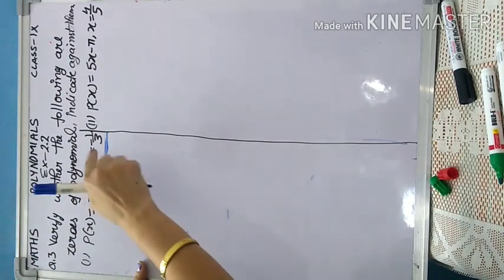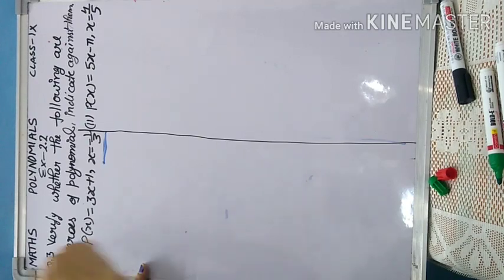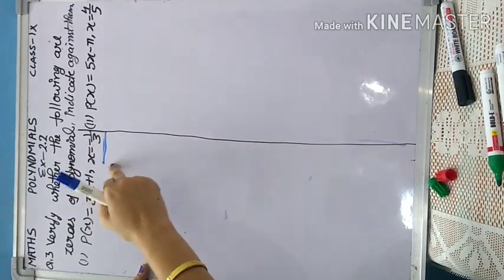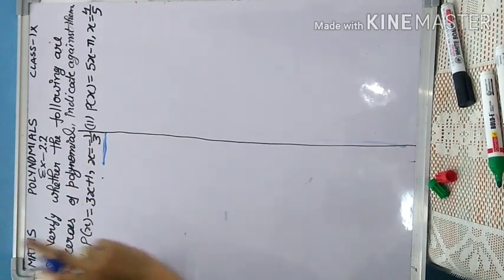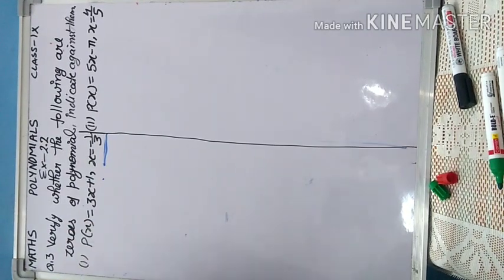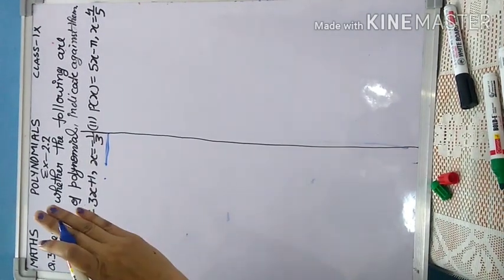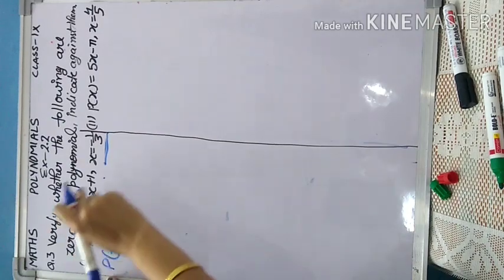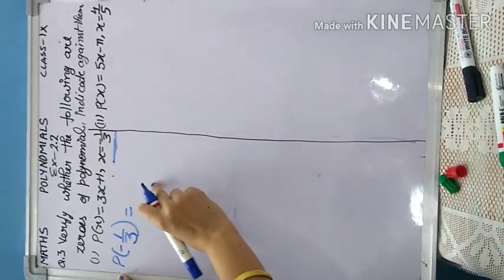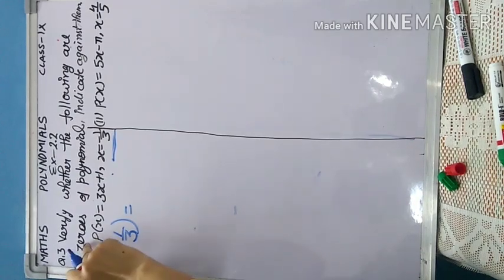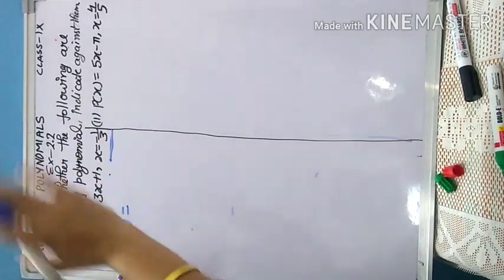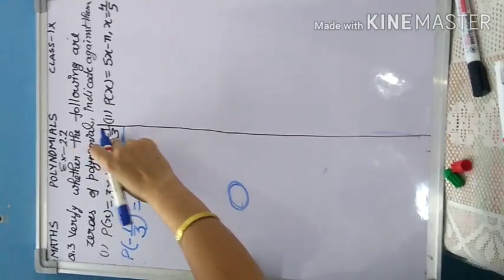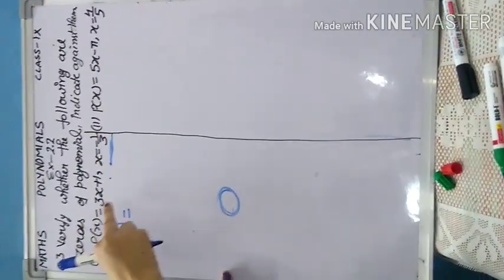That is, this value of x is given against this polynomial. So we have to check whether x is equal to minus 1 upon 3 is a zero of this polynomial or not. Students, the method is not changing. We are going to do the same process here also. At the place of x, we will be writing minus 1 upon 3. But as the question asks whether it is a zero of the polynomial or not, if the answer comes 0, then x is equal to minus 1 upon 3 will be a zero of this polynomial.